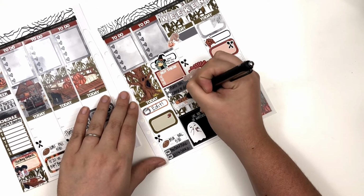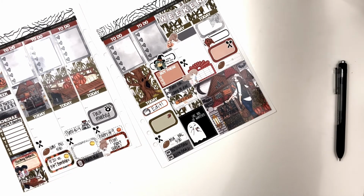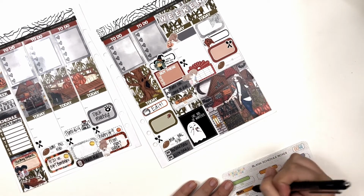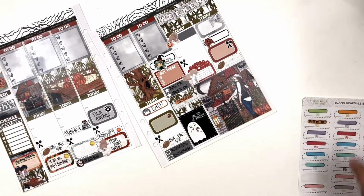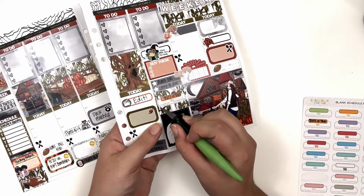Right here, I write in trunk or treat on there and realize the spacing is way off. Luckily, I have a whole sheet of these multicolored scheduling labels, so I'm just going to make a replacement where the spacing is much better. And I will use my undo to pull up the old one. And once it's dry, I'm going to put down the better one,